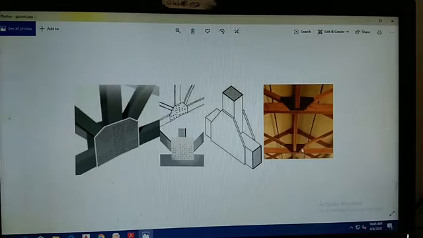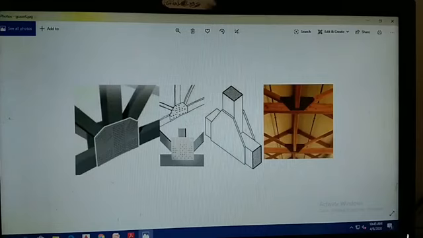See, whenever we are solving problems, we come across a term called gusset plate, isn't it? What do you mean by gusset plate? This is what a gusset plate is. What is the purpose of the gusset plate? It is a member which is connecting a few more structural elements. It may connect a rafter, a tie member, or a strut member. Okay, so this is the gusset plate.